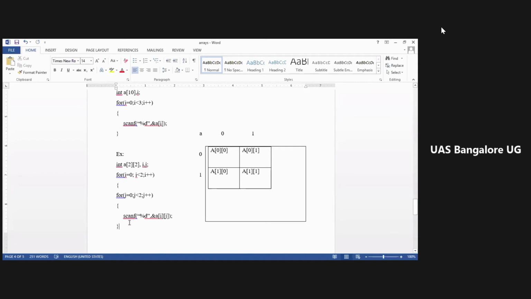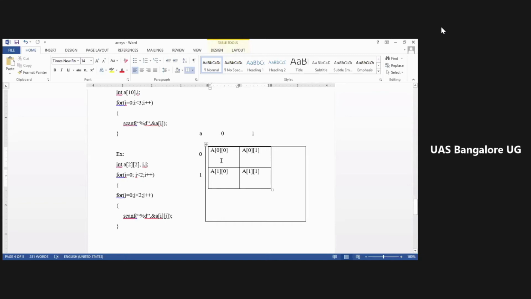Here you have scanf percentage d, ampersand a of i j. You are using only a single percentage d because this entire block is for one value. Now the i value was 0, the j value was 0.